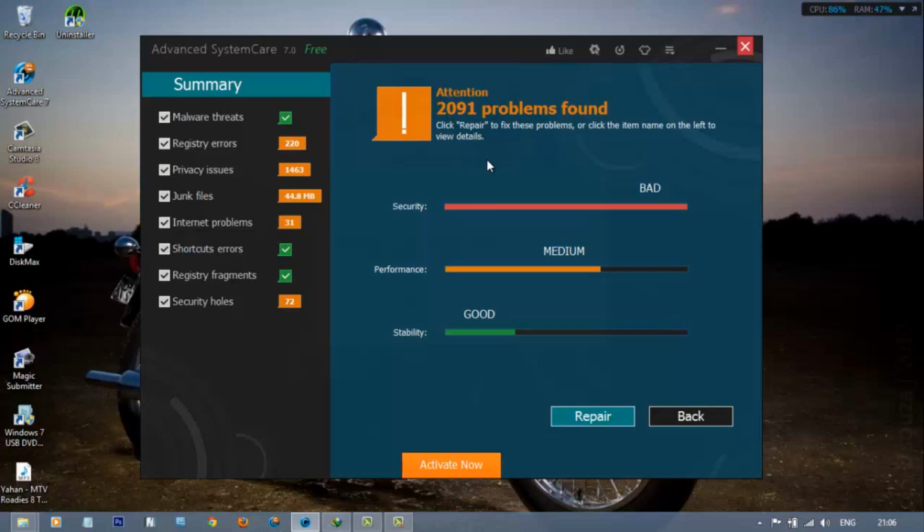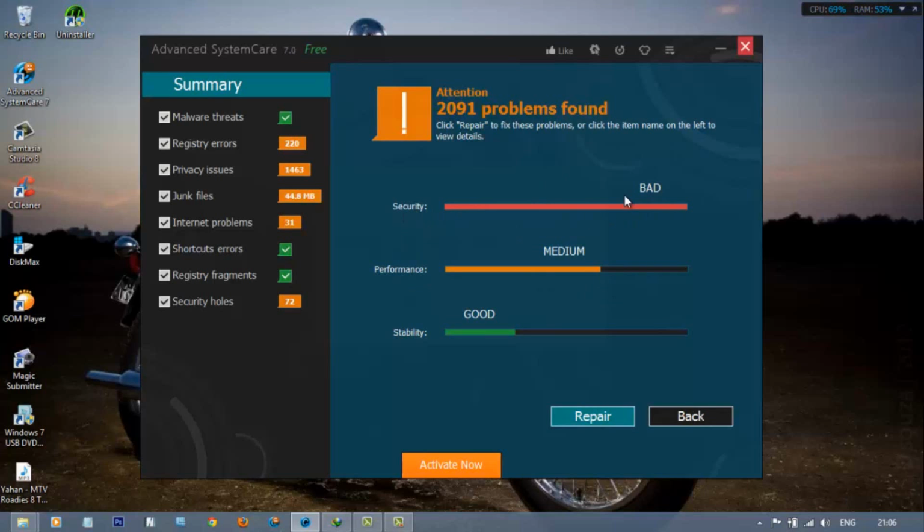The report says that there were 2091 problems on my computer, and that was the reason the health of my PC was fair and not good or better or best. In terms of various factors, here are the ratings about my PC as of now.